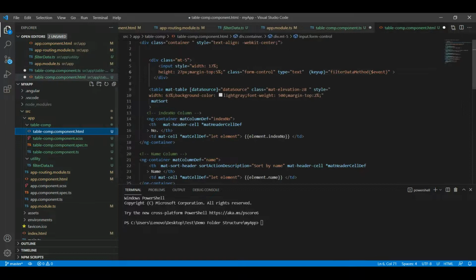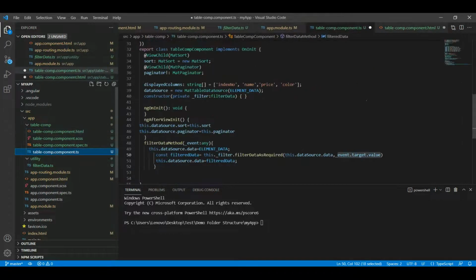You can see we are passing the event so that we catch whatever the user is typing, each and every character, and we get the filtered data from this method. We are assigning this filtered data to the data source data, hence the data source is changed, the whole table will get re-rendered, and we will get the filtered output.